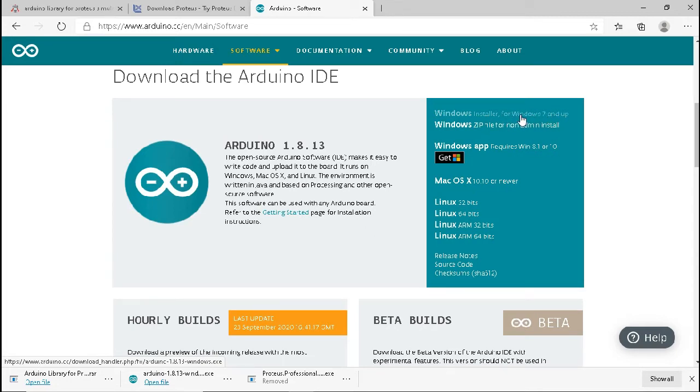Okay, so after downloading, all you have to do is install, just like other software. All you have to do is click next, and just select the default installation. Same also with Proteus. And after installing Proteus and Arduino, second,